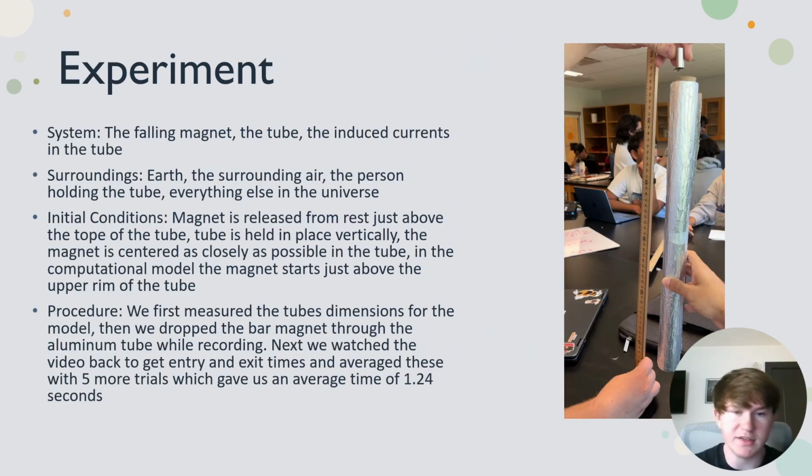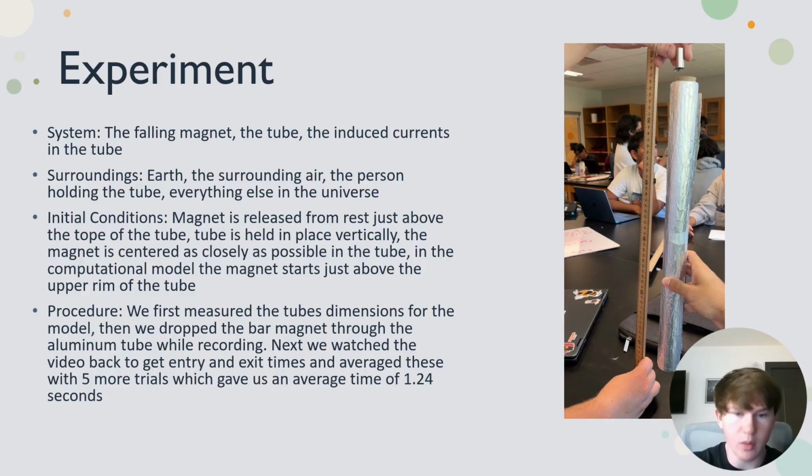So for the experiment itself, the system was the falling magnet, the tube, and the induced currents in the tube, and the surroundings was basically just everything else in the universe. The initial conditions were the magnet is released from rest, the tube is held vertically, the magnet is centered as closely as possible to the center of the tube, and in the computational model, it starts at the upper rim